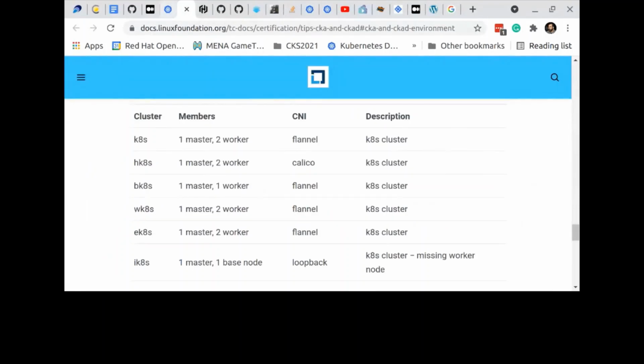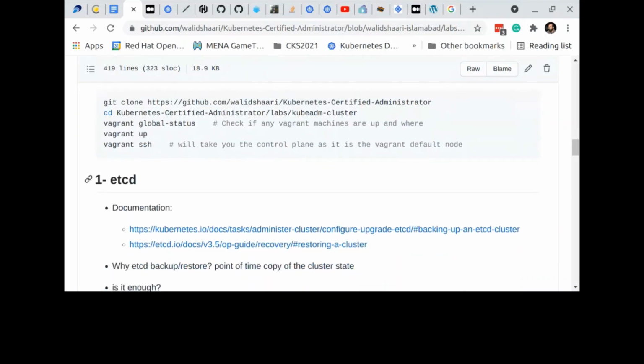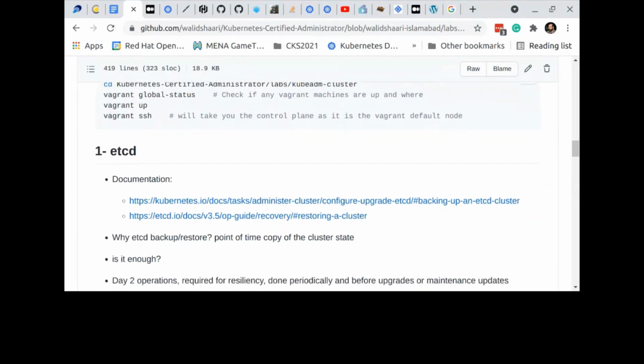And you really don't need much, to be honest with you. You just need to know how to vagrant up, vagrant halt, vagrant ssh, that's all. Or vagrant destroy, vagrant global-status to check if you have Vagrant machines running that are consuming your system resources. So Vagrant is a very easy tool that isolates the Kubernetes environment or whatever testing environment you want to do.